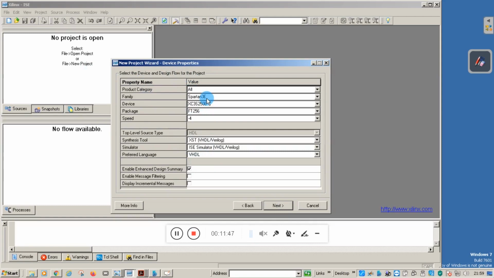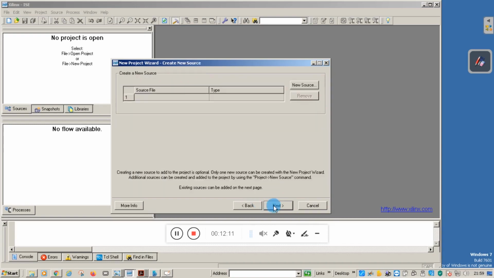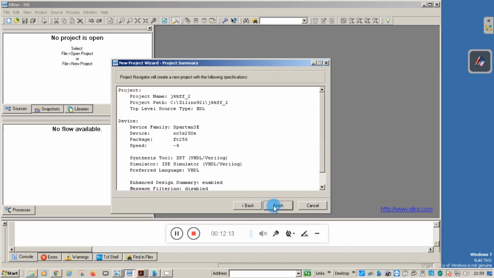We are going to program an FPGA, that is Spartan 3E, and the device is of type XC3S250E according to the manufacturer, and the package is this one. We are going to program our FPGA chip by using the language VHDL. Click on Next. On doing so, you will get the information related to the project.